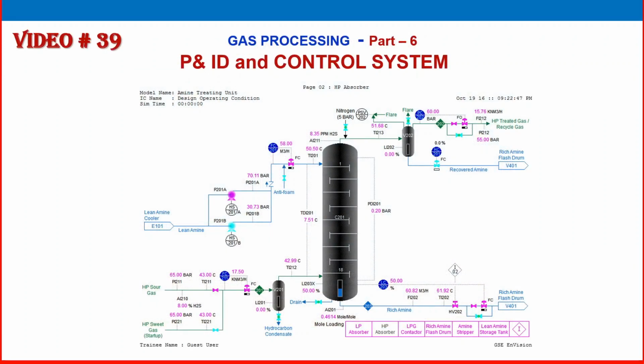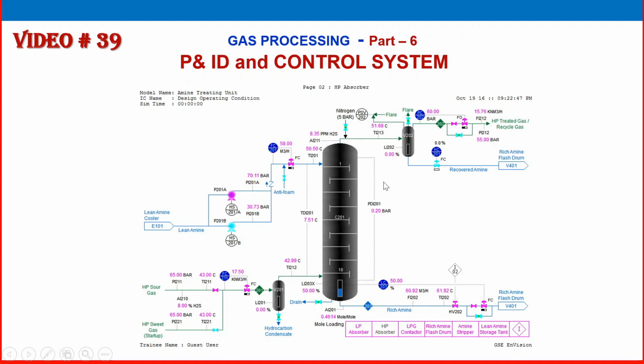We are continuing our effort on completing the gas processing system. So, welcome to the 39th video, gas processing part 6. In this video, we are discussing P&ID and control system. Have a look at this DCS printout, the DCS image on the gas absorber